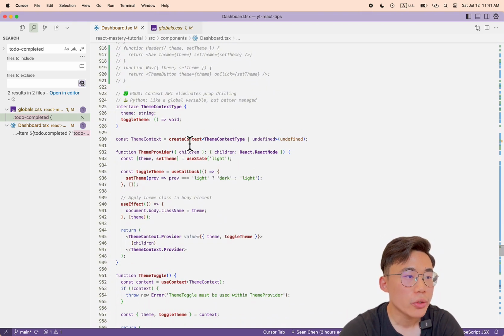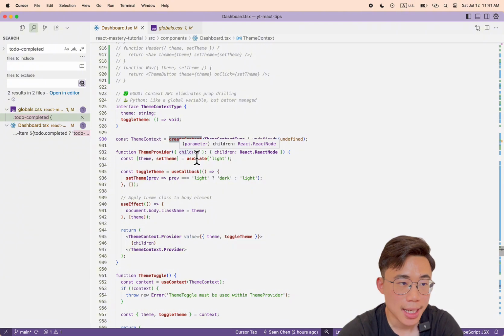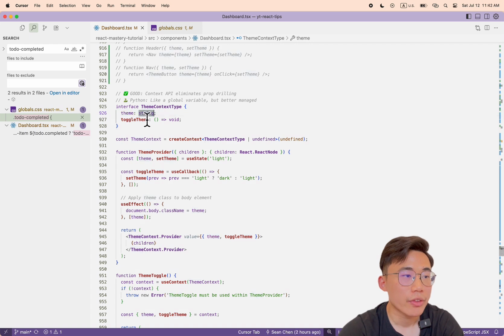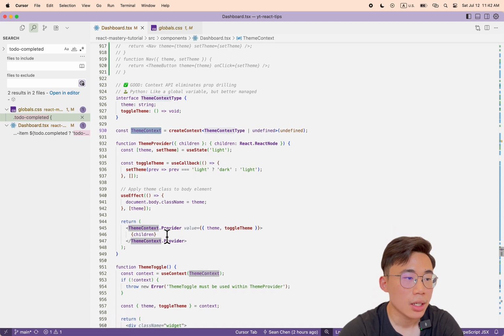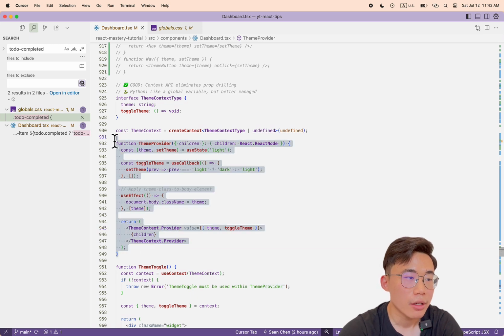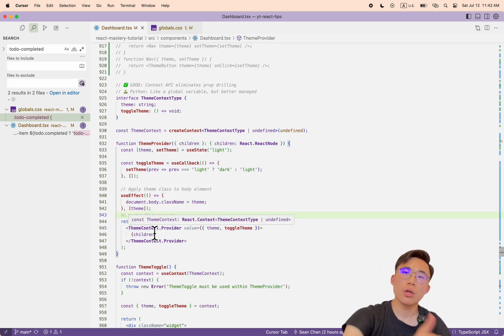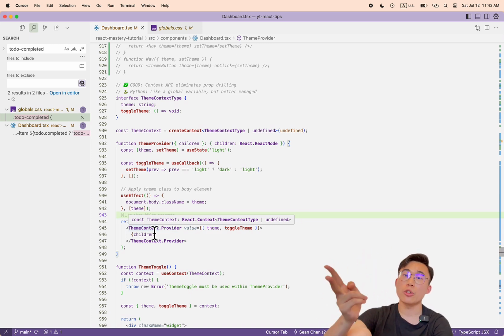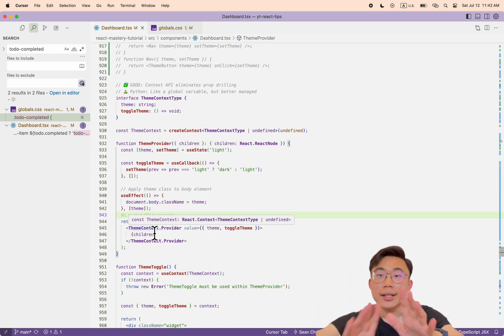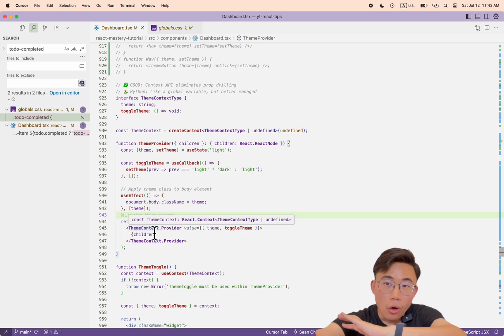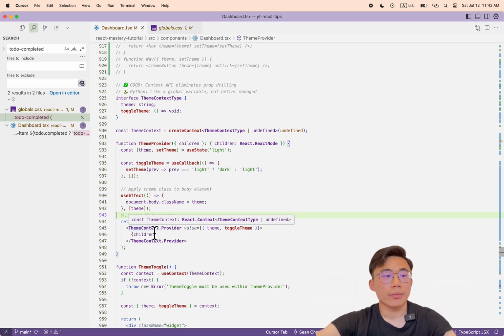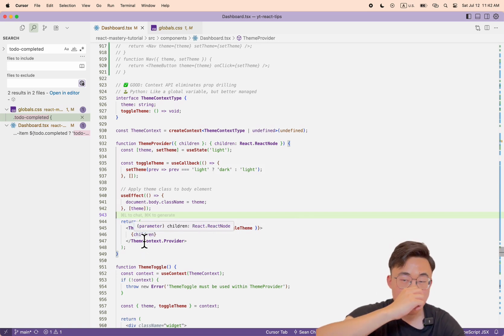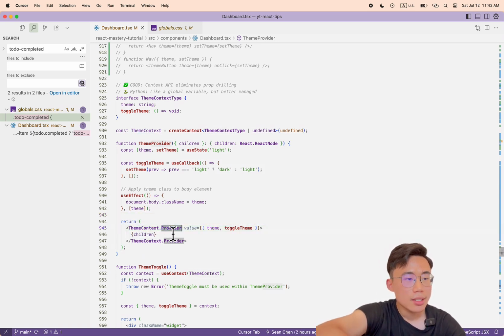So what we're doing here is we're using another React function called create context. Remember, this is an interface, the theme is a string, and toggle theme is a function. And this theme context, we're leveraging it to create a provider. Don't worry if you don't understand this, but this is so important for say theme and also for user information. You don't want to log in on every single page. You want to log in once and all of your app understands your user information. That's also using useContext. This is so important. With theme context, with the provider,